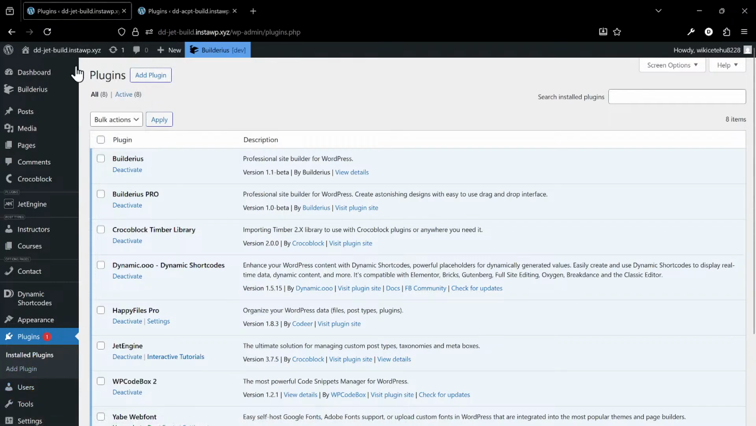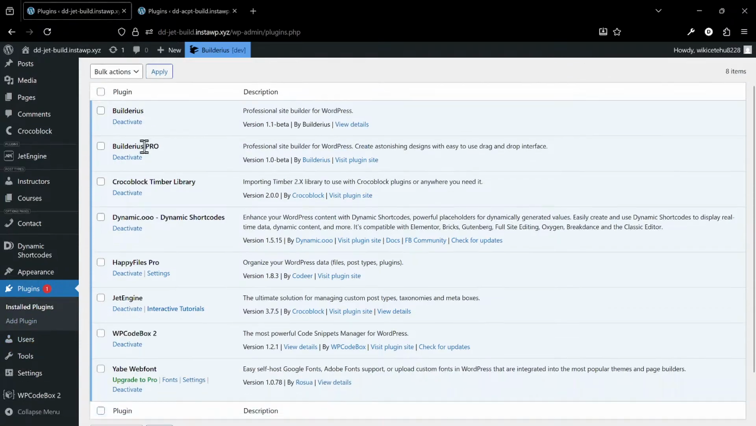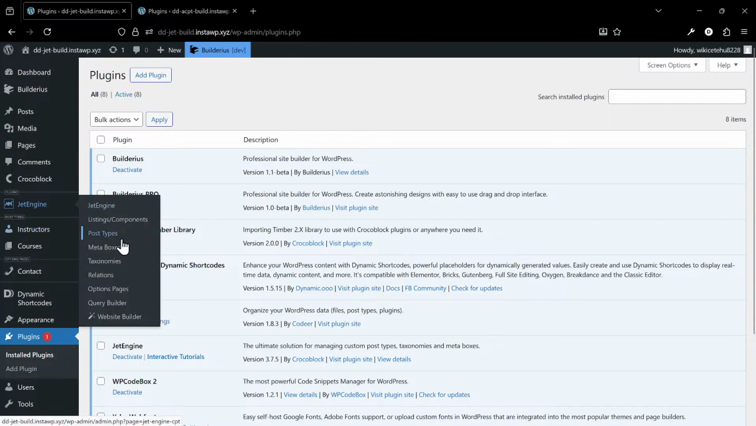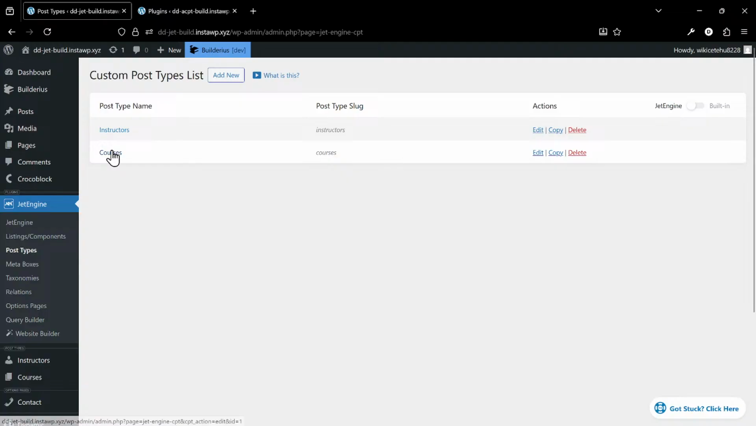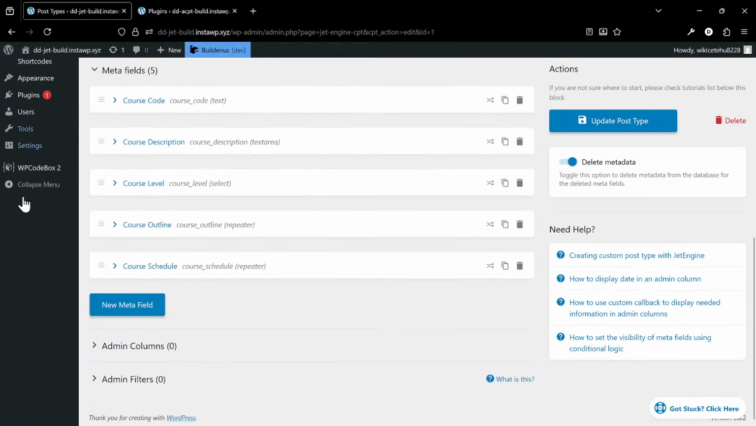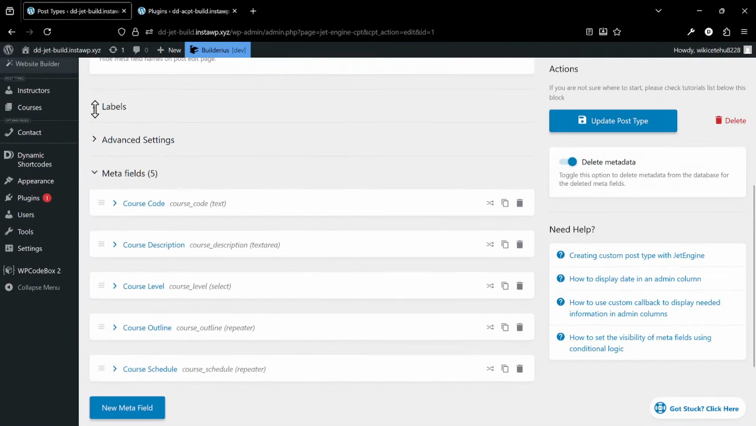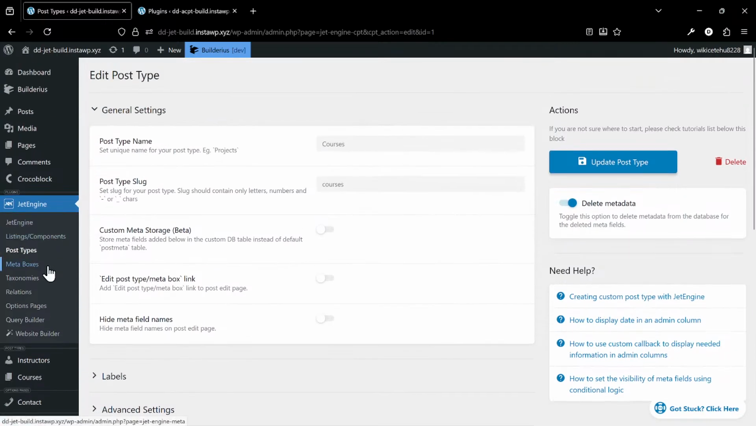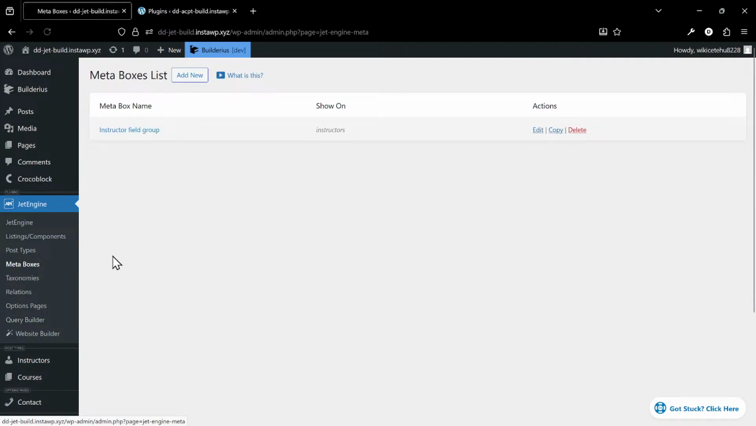So let's just continue. So I've shown the plugins and I've shown the post type. So the first one, like I said, that's the courses. It contains the meta fields directly in the post type. For the other one, which is the instructors, I put the meta fields in a separate meta box, because personally,